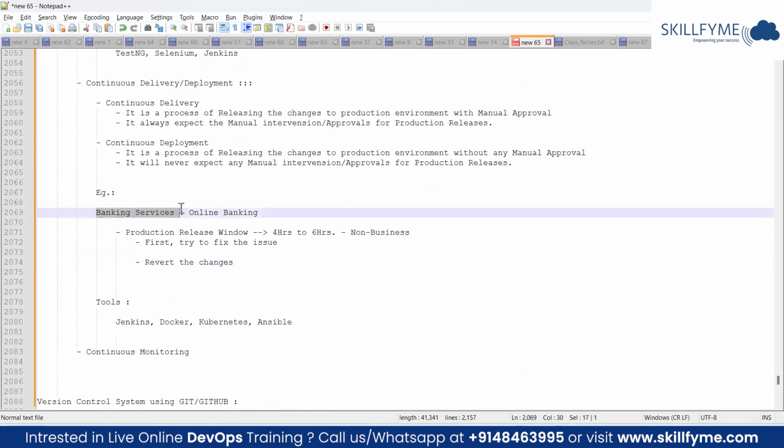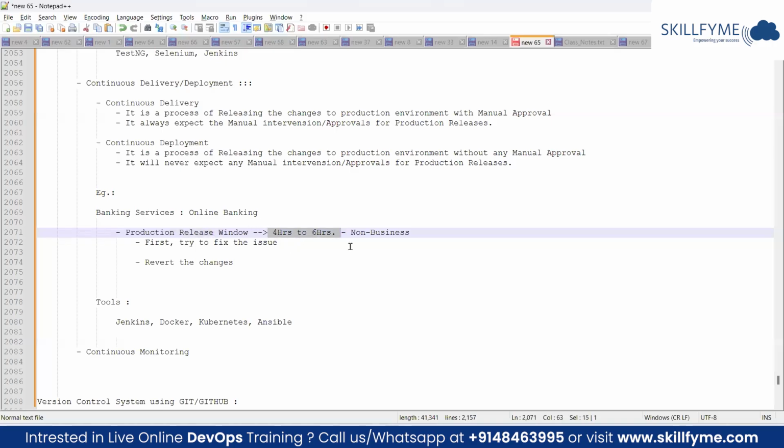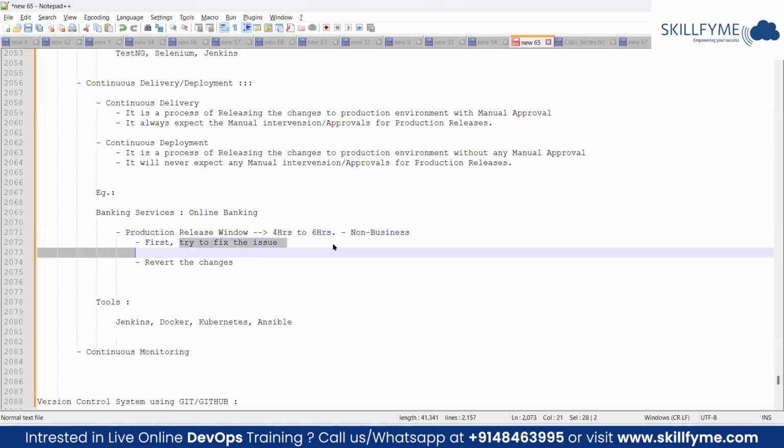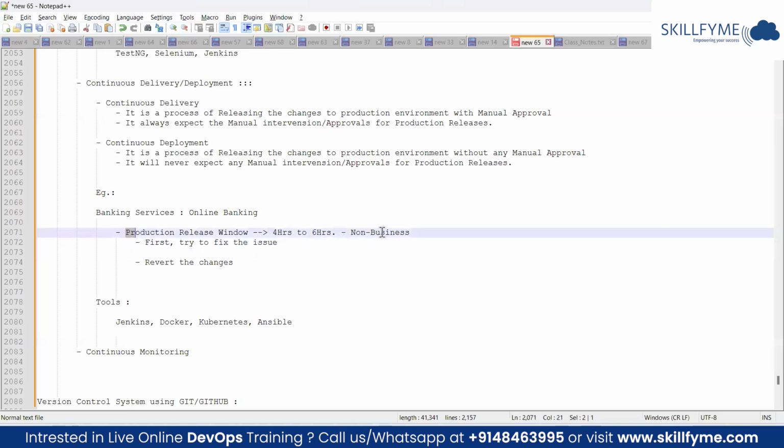Your banking sectors, your insurance, and all, it's all core business. Because of their new features, their existing system should not get impacted. Their customers should not get impacted, because each and every minute money matters there. If it creates any issue, it creates a huge mess in the business. So they will never allow customers to interact with the application during this process. The 6 hours of downtime is a loss of business, and they are okay with that loss. But whenever they deploy something, it should not create any impact on their production environment. So from that perspective, this will be done.